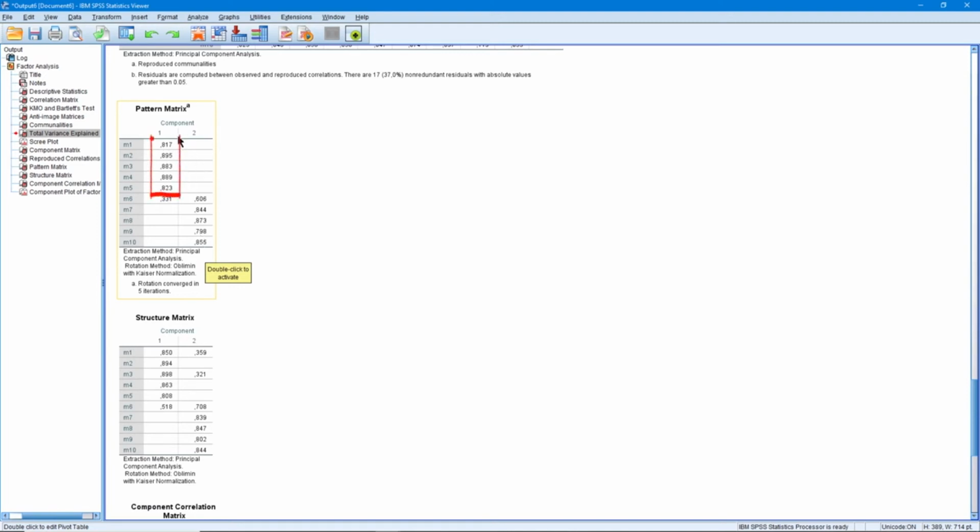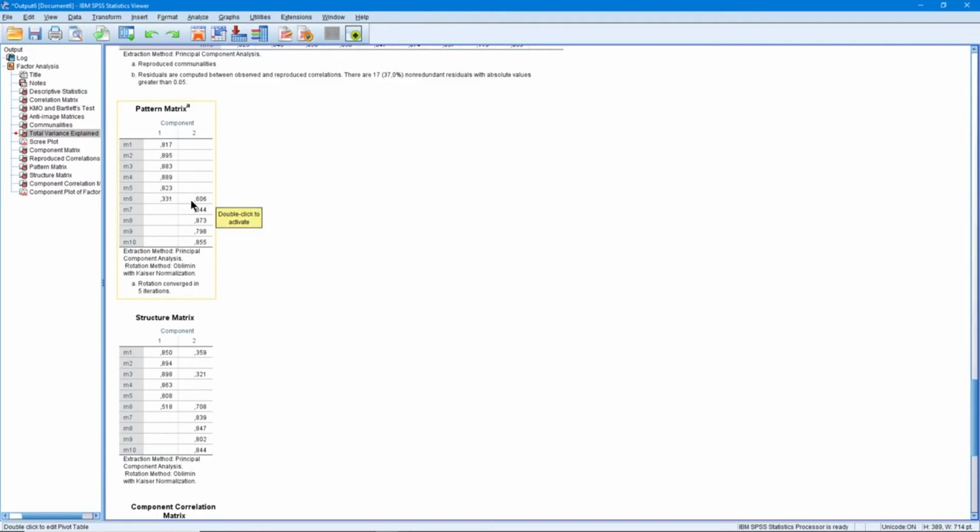We also want the loadings to be in only one subdimension. We want the value here to be above 0.40, for example, and we don't want a value written in the other column. Here we see an example of this. Here we have 0.331. Here we have 0.606. We don't normally want items like this, because we want an item to be in only one subdimension, that is, one factor. When this happens, we want a difference of more than 0.10 between them. We don't want the difference to be smaller than 0.10.